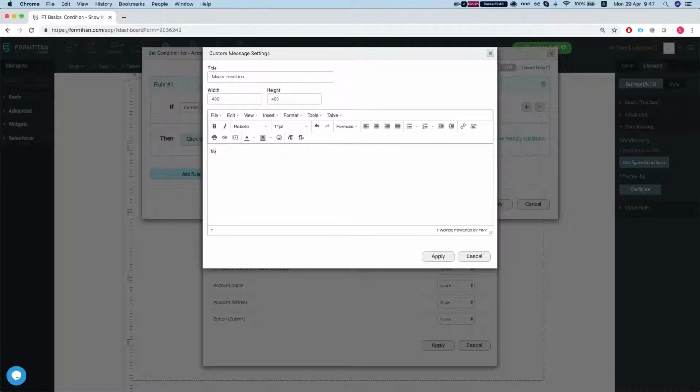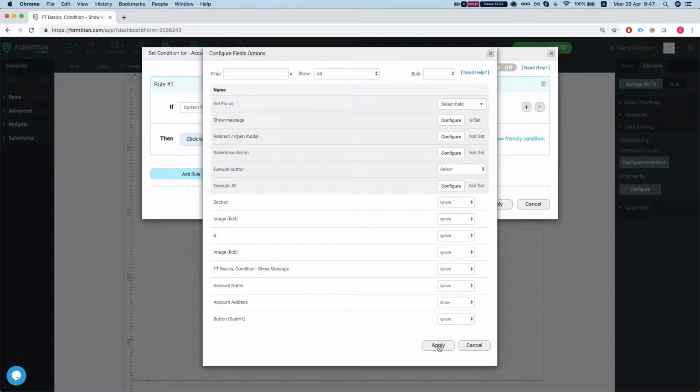You can write here whatever you like and design it however you like. Let's make this bold, and let's make it 14 pixels and put it in the center, and let's apply,